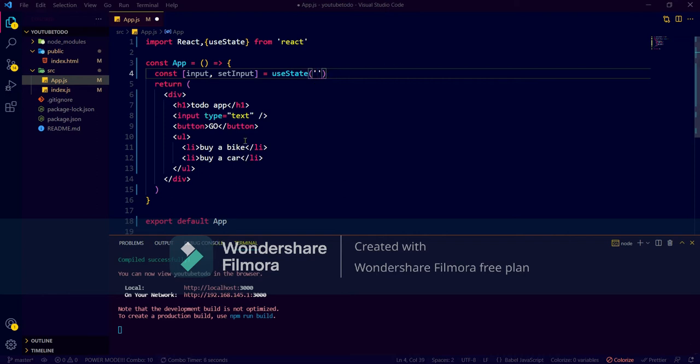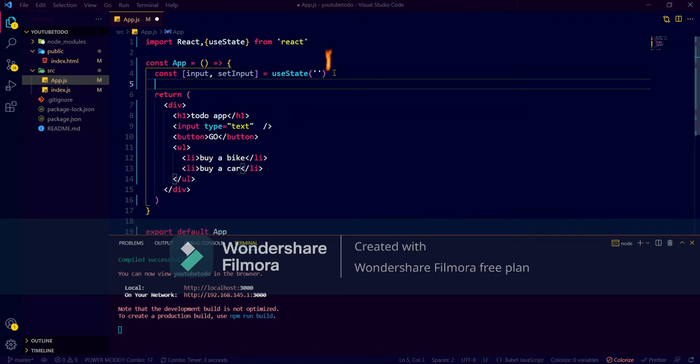It has been set to input. So we have made one const input state. We have to make one another useState for storing all the to do's.